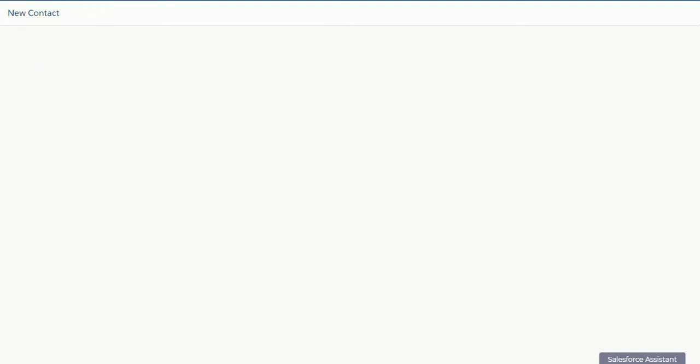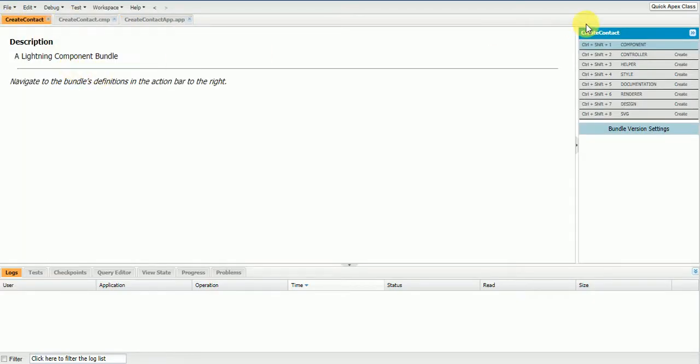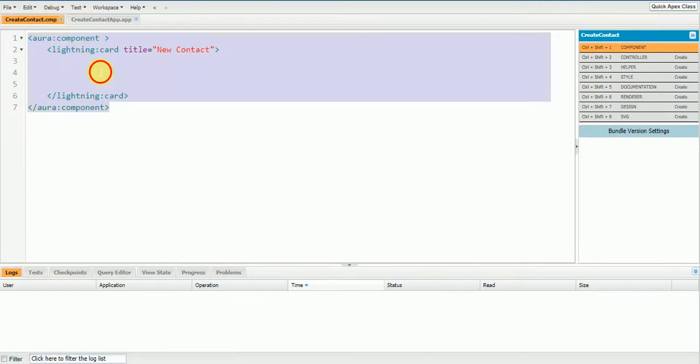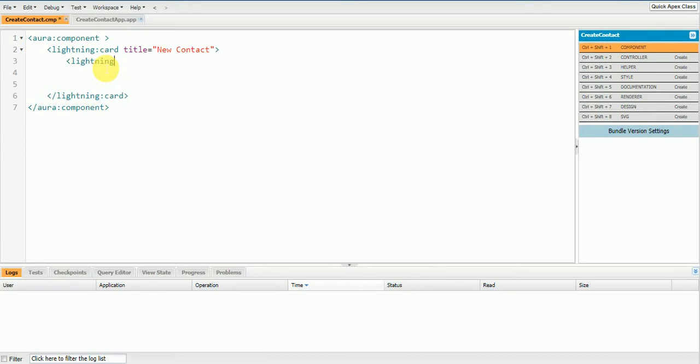Come back to our Create Contact component here. I'm going to create a lightning:recordEditForm. I'll name this form contactForm, and the object API name is Contact.